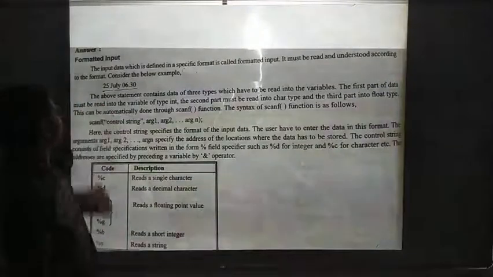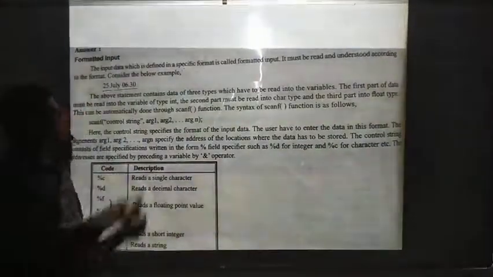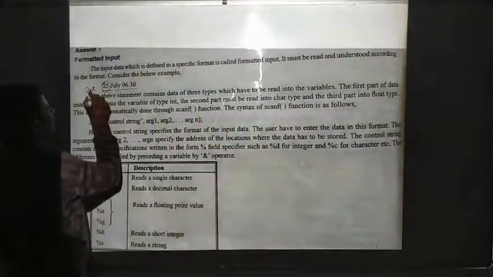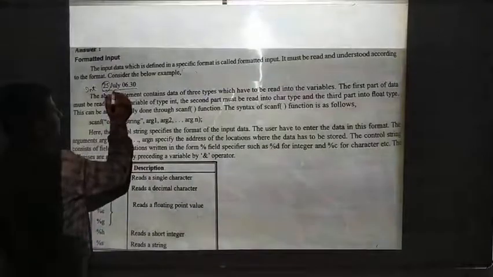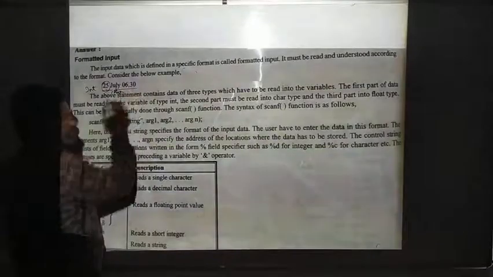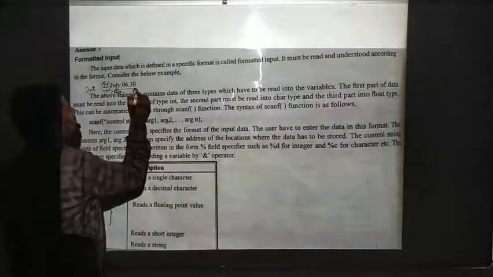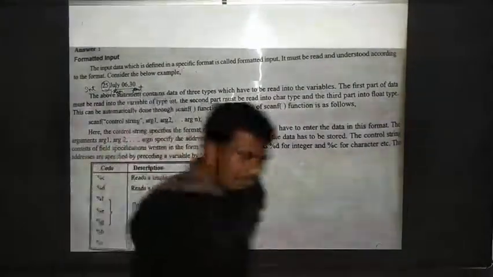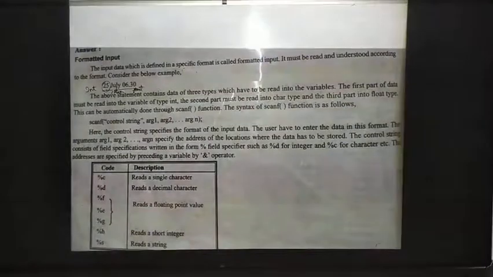In data types we learned: this is of integer data type, this is character data type, and here a decimal point is there, 6.30, so it is float data type. Let us see how we can give input to the system. The above statement consists of data of three types: integer type, character type, and float data type.